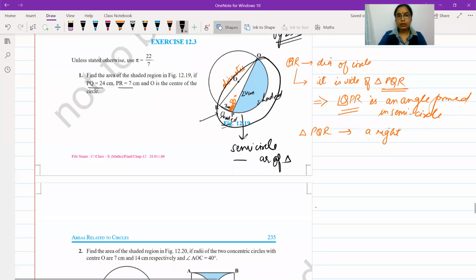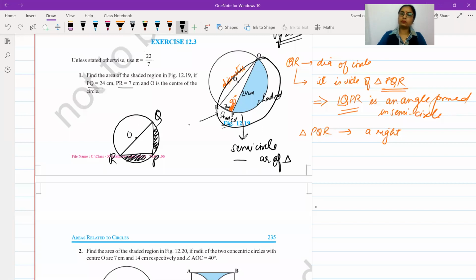The figure given in the latest textbooks, the one that Sanmeet has sent to me, is somewhat like this. This is the center of the circle. Then we have the diameter drawn, and this is how the triangle is. So we have P, Q, and R, and this is the shaded area. If this is the diameter, this forms a semicircle, and from the semicircle, you would like to remove the area of the triangle, the unshaded part, and you will be left with the area of the shaded part.